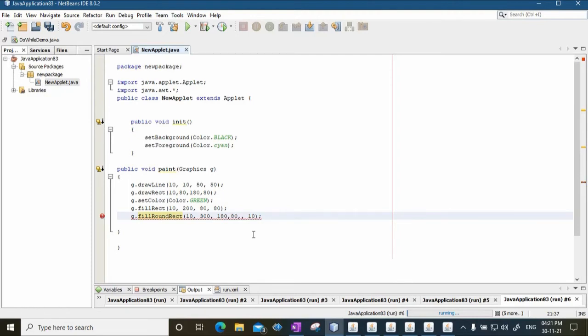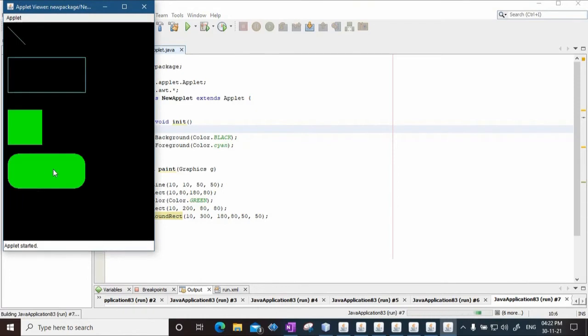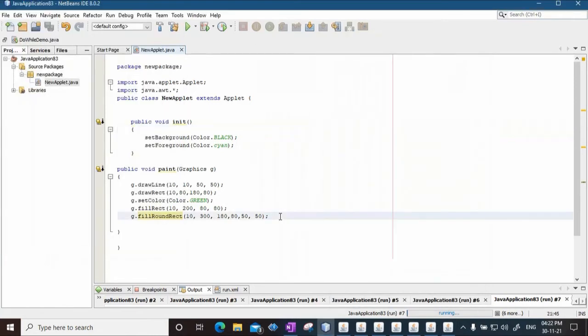For example, I can make this 50 and this 50, and I can run the file and you can see it's a perfect rounded rectangle. Yes, so these are the fill and round rectangle methods.